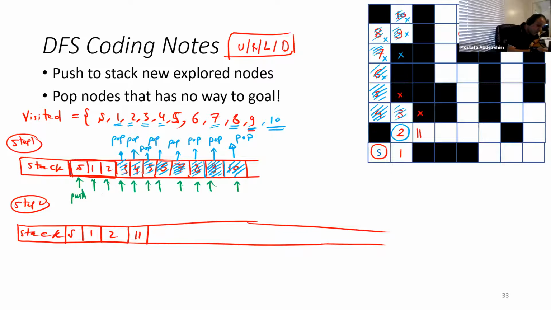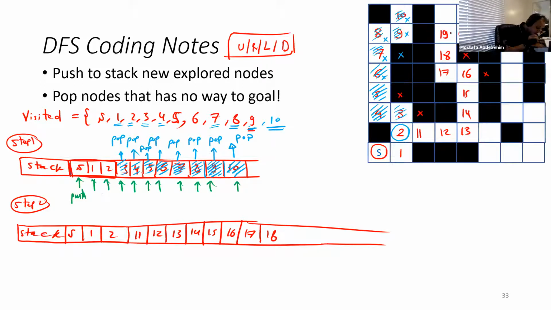In 11 now, this is our head of the stack. Can we go up? No. Can we go right? Yes. 12. In 12, can we go up? No. Can we go right? Yes. 13. Can we go up? Yes. 14. 15. 16. In 16, can we go up? No. Can we go right? No, but we can go left. 17. In 17, can we go up right? Yes. So 18,